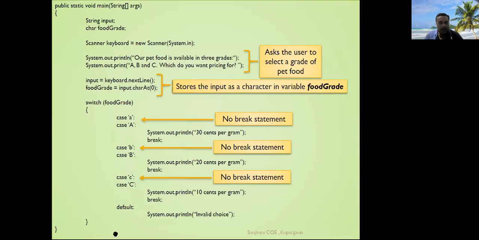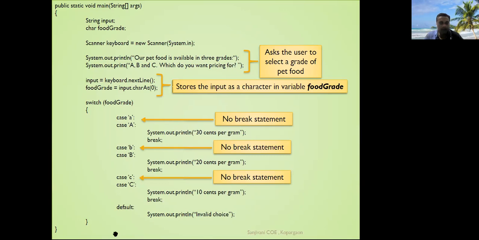The next one is without a break statement. If the user does not specify a break statement and the switch expression is matched with a case expression value, then whatever cases are written after that case also get executed.